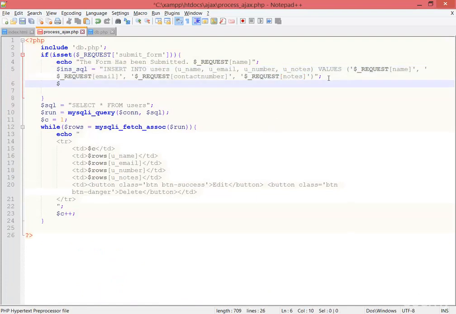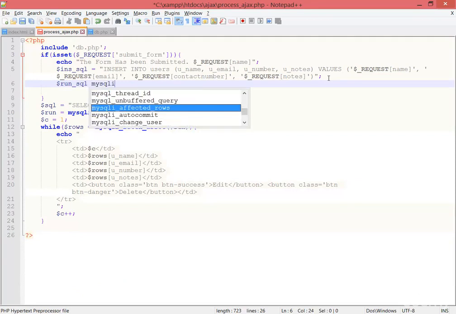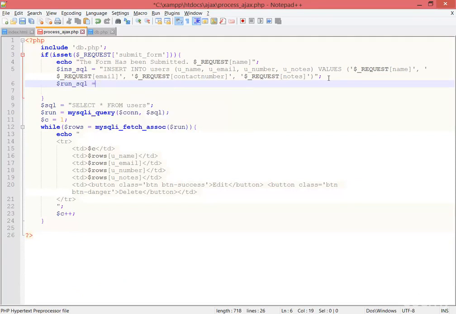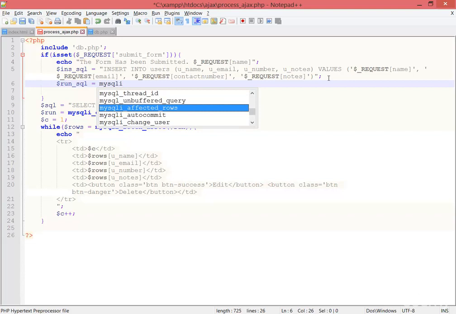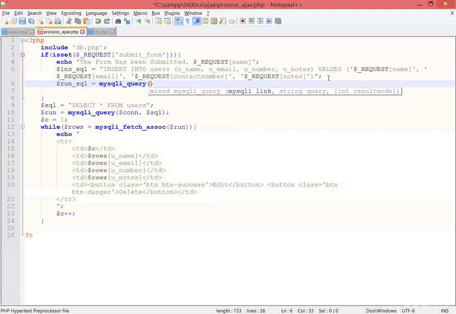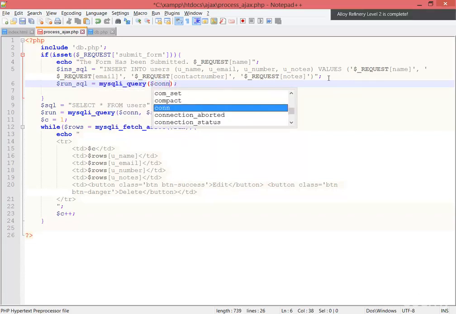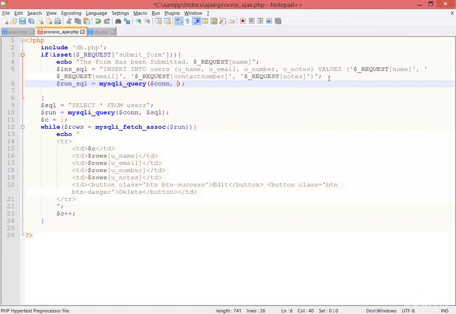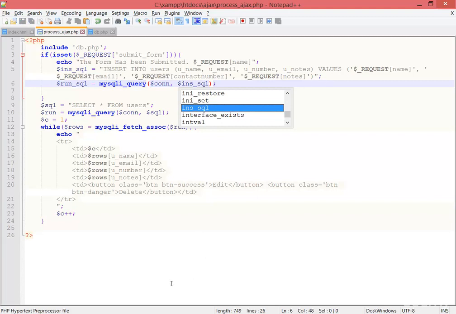Press enter and then run SQL, equal sign mysqli query, and here the connection and the INS SQL, and save. And now go to the browser,